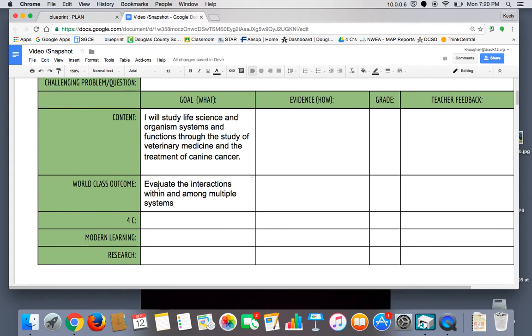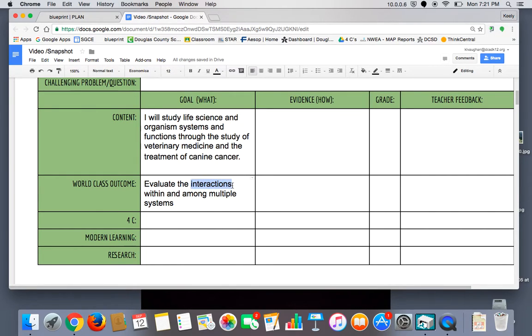Now, it's important that I don't leave it like that, because again, I want it to mean something to me, and I want it to connect to my content. I want all of my goals to align. So I'm going to have to add pieces of my content, pieces of what I'm interested in, to my world-class outcome, so that I know that I'm achieving that outcome through something that I'm already studying. If I leave it like this, it doesn't really sound like me, and it doesn't really give me or a facilitator or my parents an idea of why I'm looking at that.